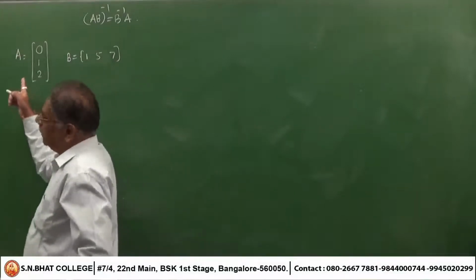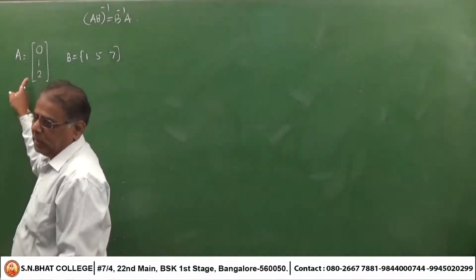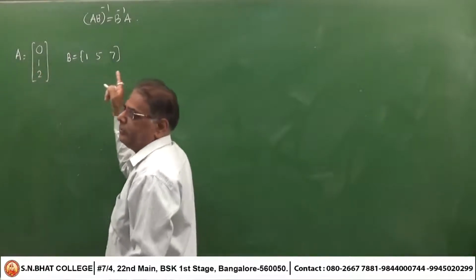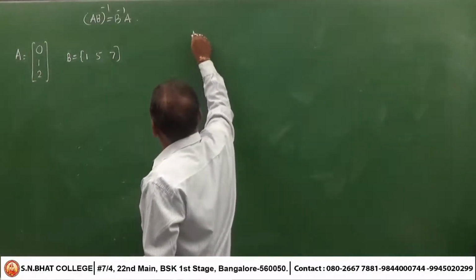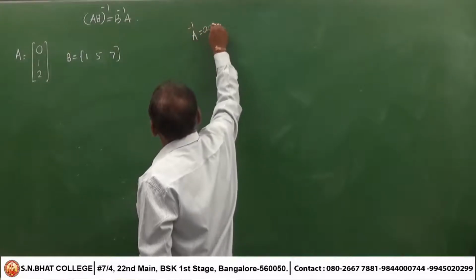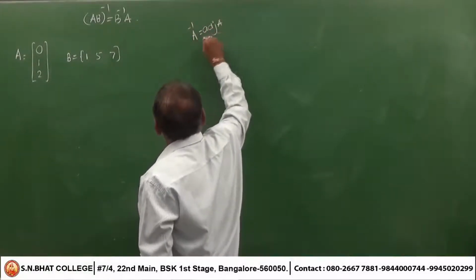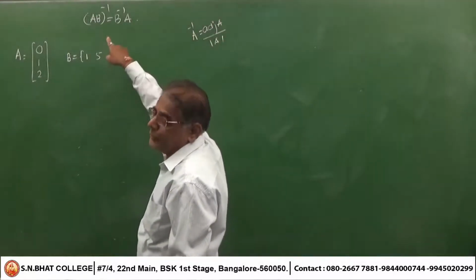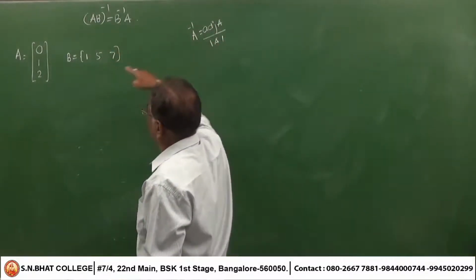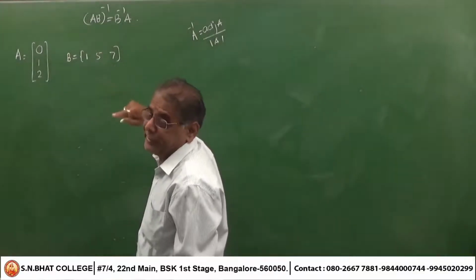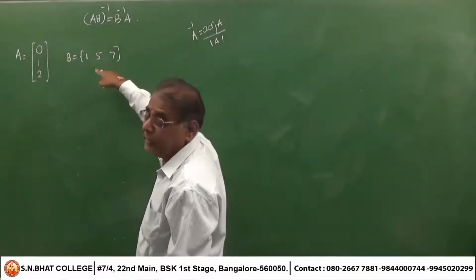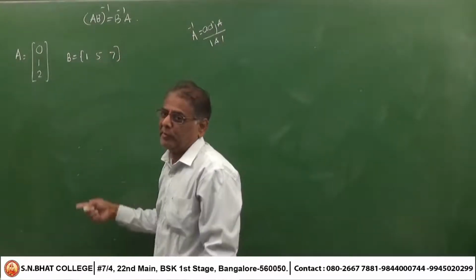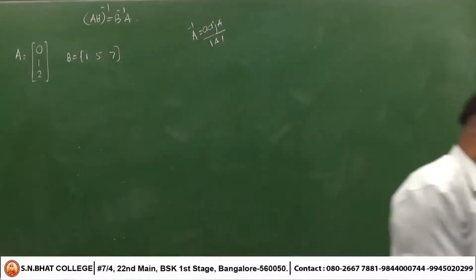See, this problem I will do in determinants, because in determinants there is a formula for A inverse. A inverse is adjoint of A by determinant of A. To do this problem, we need this formula. This I will do in the next chapter on determinants. For the time being, please leave one page for this problem.